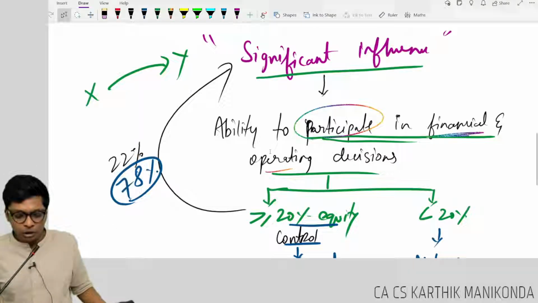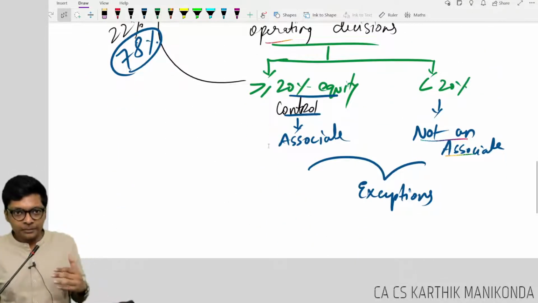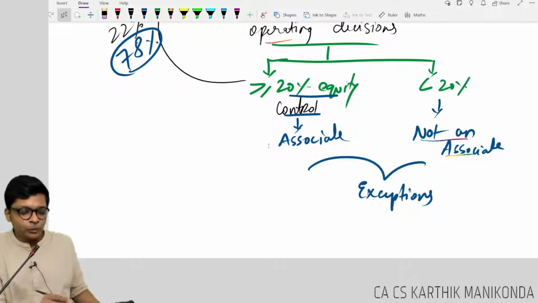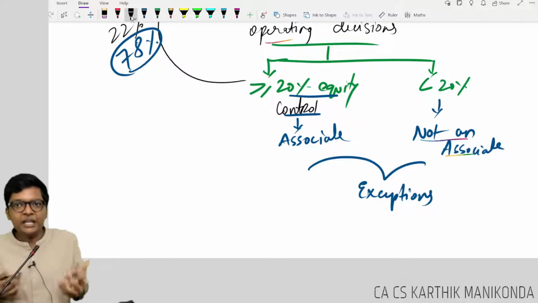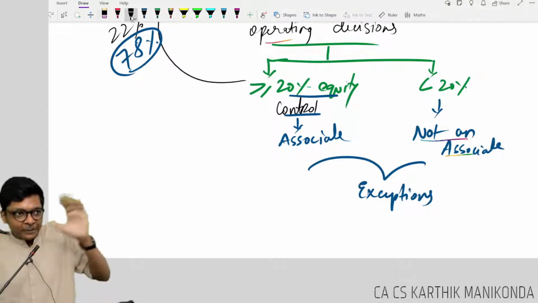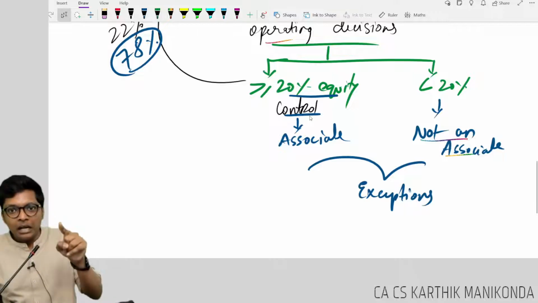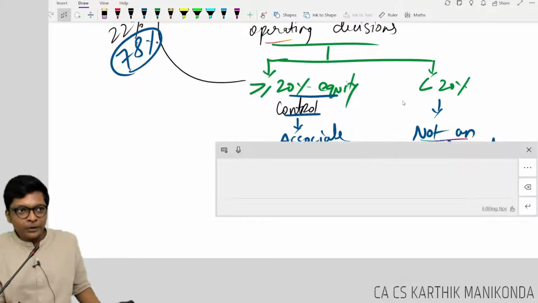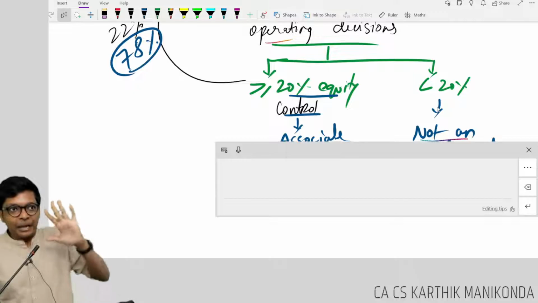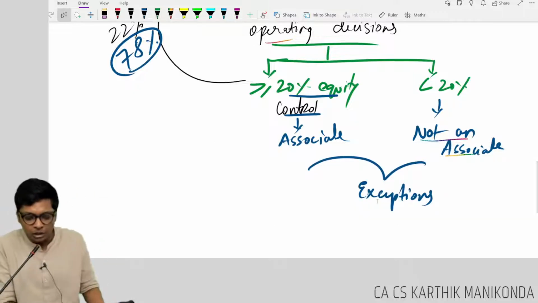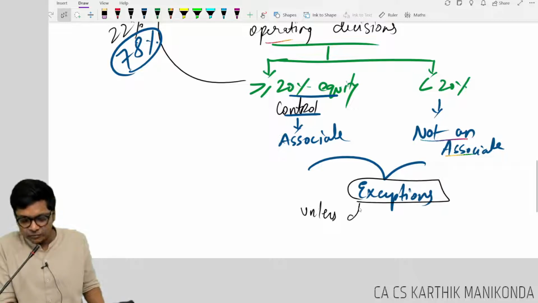Are you following, guys? So the standard says, basically AS 18 read along with associate company definition, read along with AS 23 says, default setting, if everybody is silent, if I have 20% or more, it becomes an associate. If I have less than 20%, not an associate, but the otherwise also is possible. The words they use in the standard is called, they don't use the word exception, they use the word unless